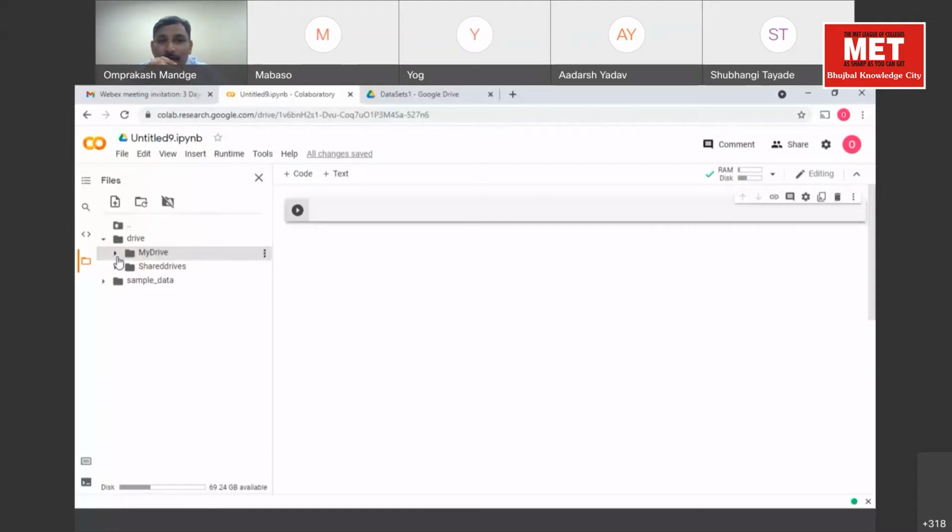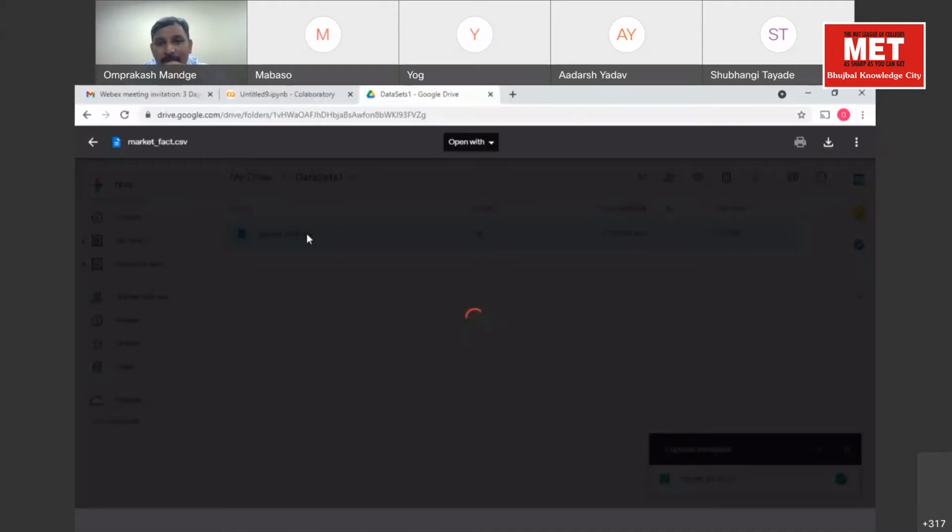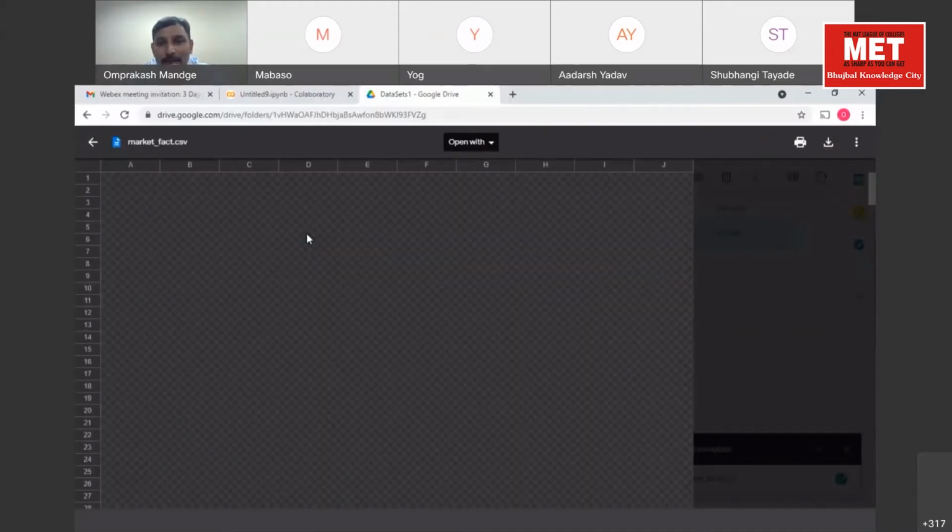Adarsh, it's a very nice definition, and I would like to add a few more things. It's a combination of statistics, analytics, and mathematics, and when we combine all these branches together, what we get is data science. So what exactly do we want to do in data science? Now open this particular file and tell me what this file implies. What do you understand from this data? What is data according to you?